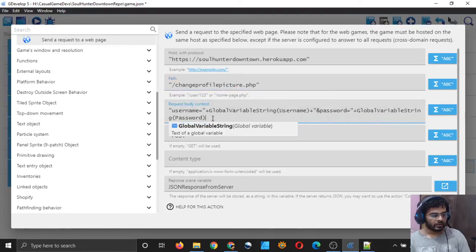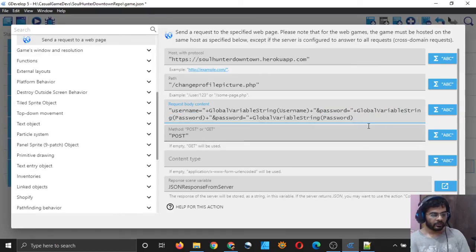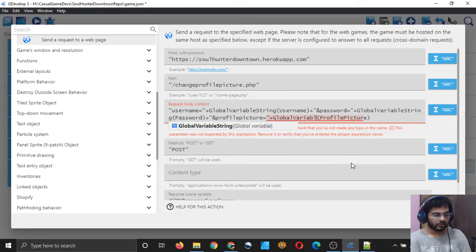.php, and the content which we are sending is username and password. We also want to send the profile picture variable. So simply click copy from plus to the end and paste it, and then type profile picture as the name of the global variable here, and instead of password you should simply write profile picture. And it's not global variable string, it's simply global variable,